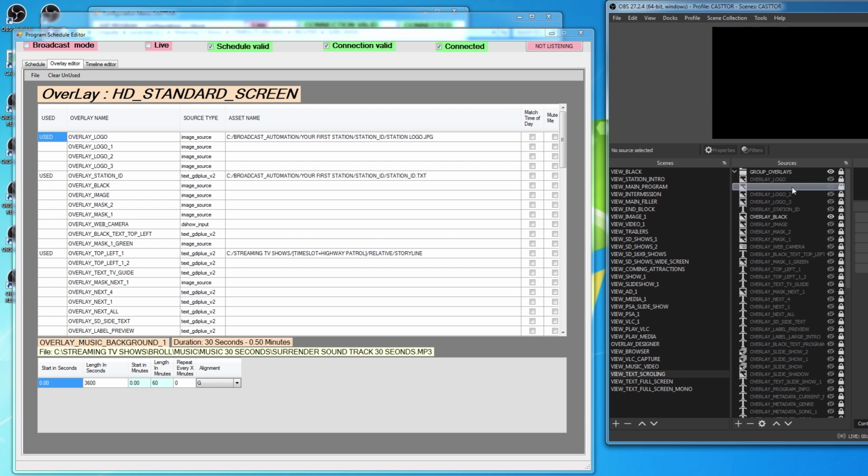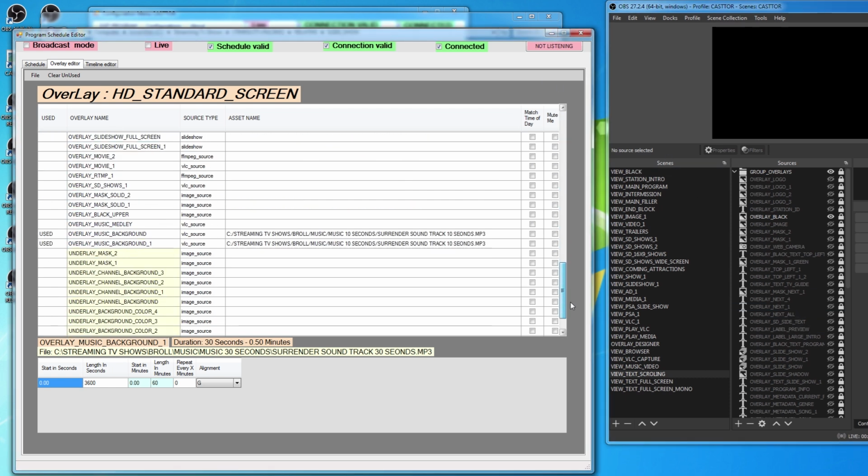Here's logo 1, 2, 3, 4, 5, and you'll see that this matches that. And you can add your overlays, anything you want, anywhere you want. So if we come down here to background music and click on it,